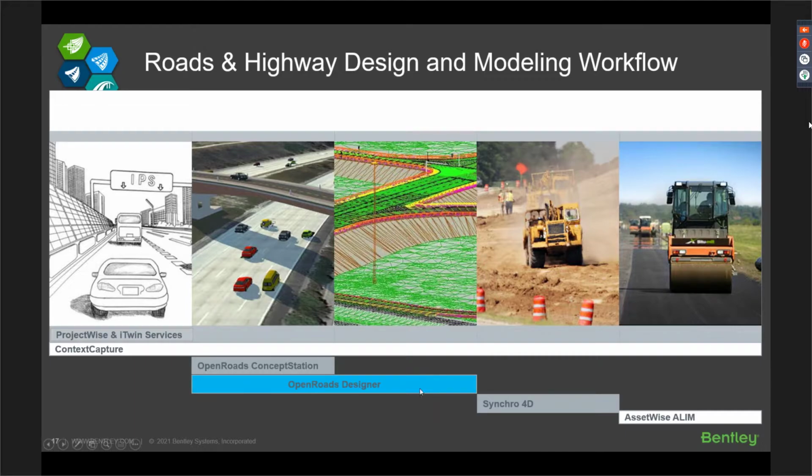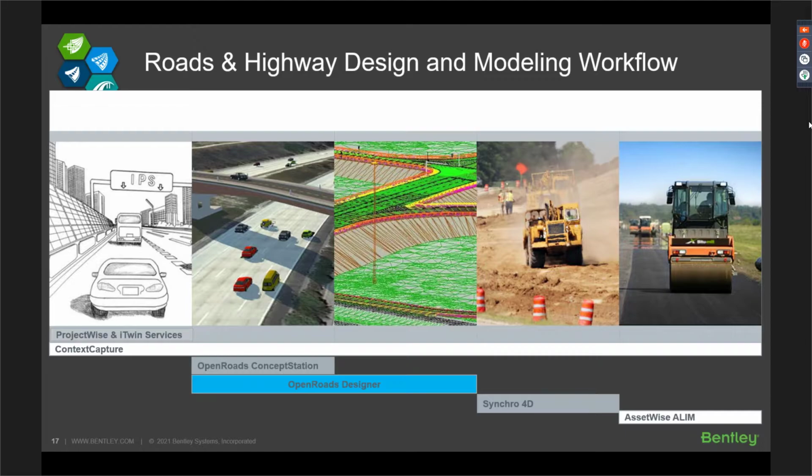And although OpenRoads, most likely you would utilize it in the conceptual design up to the detailed design, the DGN file itself can then be taken to construction, as well as asset or maintenance and operations